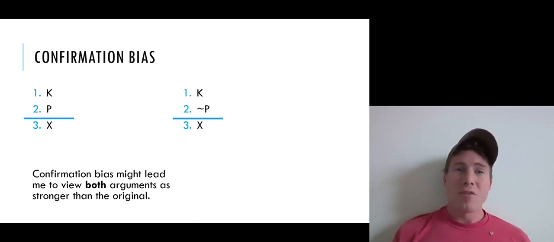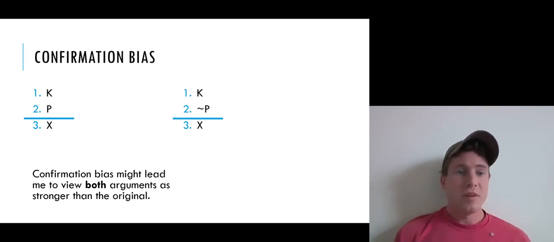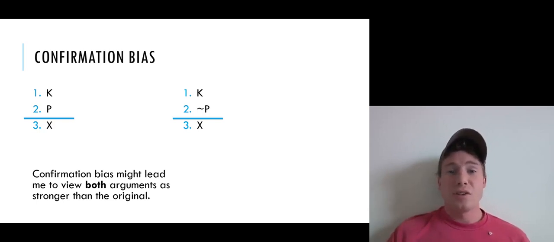If you have confirmation bias, then you might tend to overweight evidence or learning other propositions and thinking that they would support X as well. For example, consider the argument where you add proposition P to your stock of knowledge. So you have K, P, and you're looking at how much that supports X. And then you consider, if you learn not P, or if you added not P to your stock of premises. So you have K, not P, leads to X.